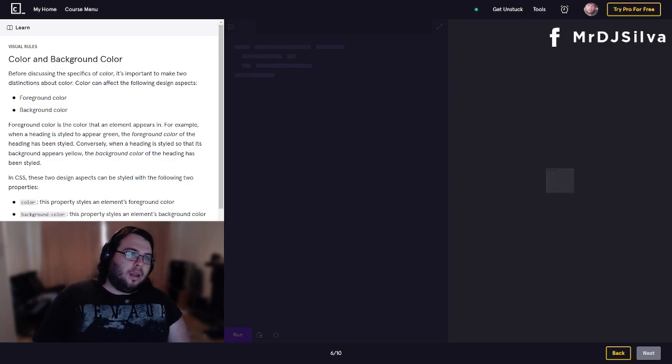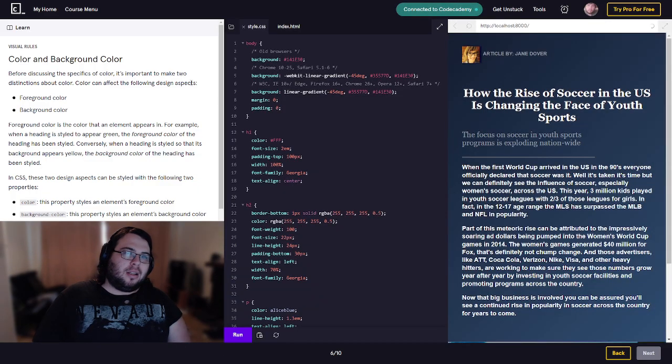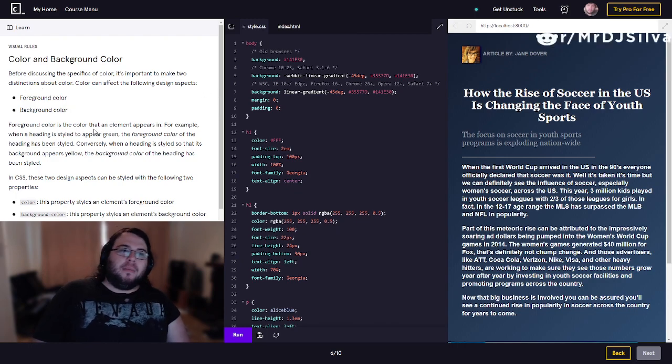Okay. Color and background color. Before discussing the specifics of the colors, it's important to make two distinctions about color. Color can affect the following design in the space. Foreground and background. Foreground color is the color that the element appears in. For example,